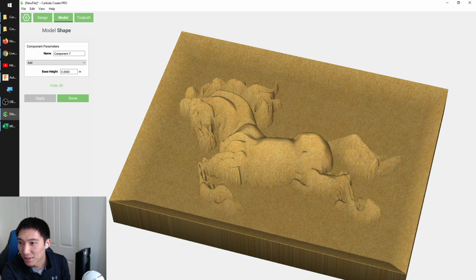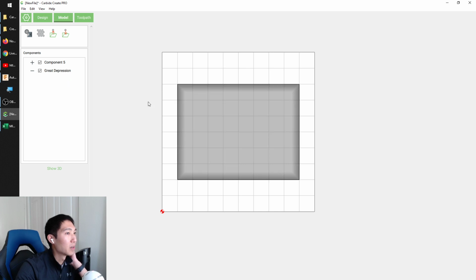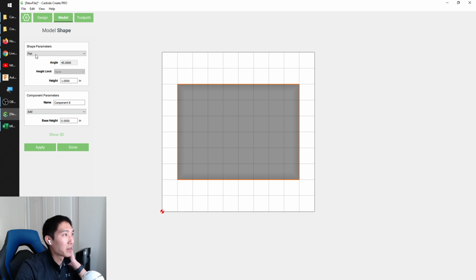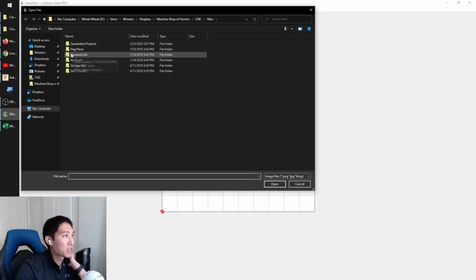Let's see. Can you control the depth in grayscale? So that, it really just depends on, let me get out of 3D view, let me delete this. When you're creating components, you can specify the height of your chamfer or your roundover, and then a base height on top of that. When you're doing the grayscale images,